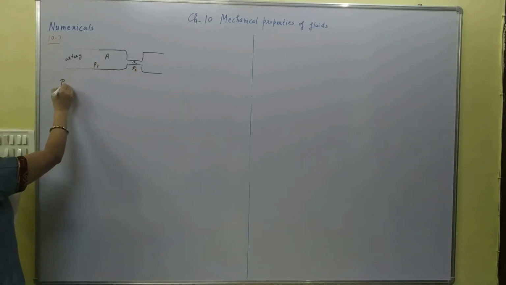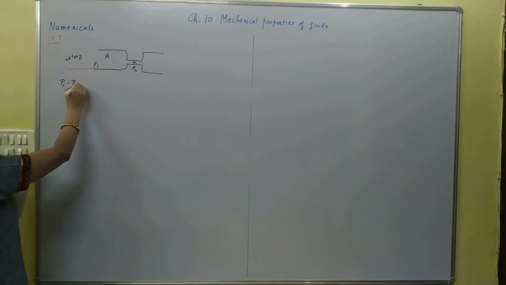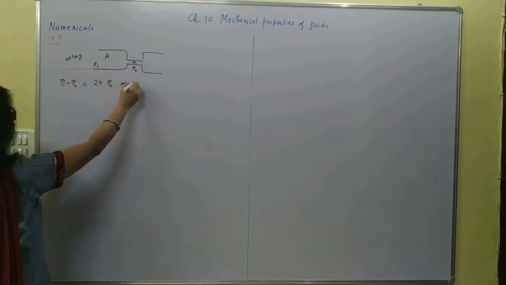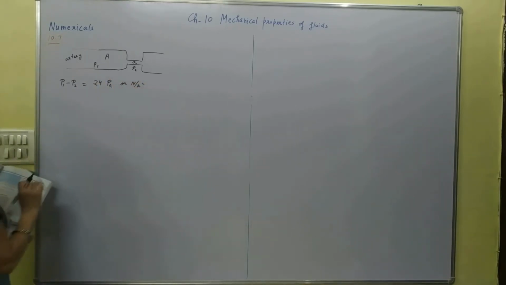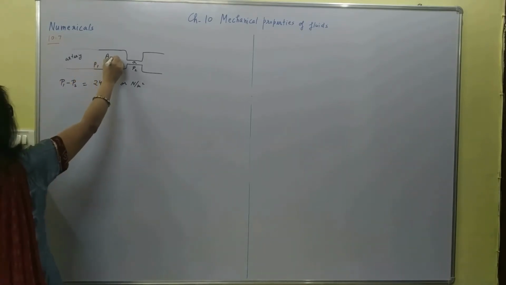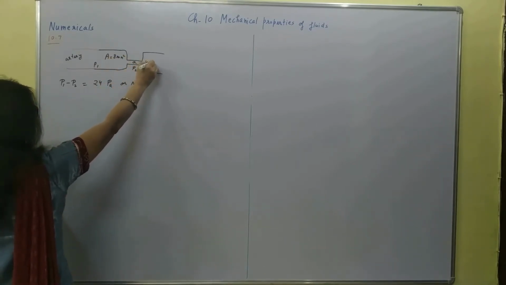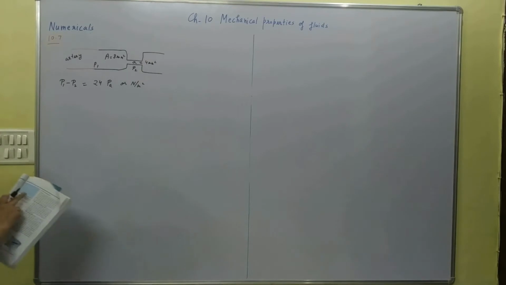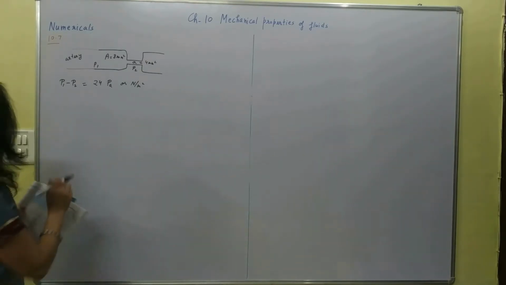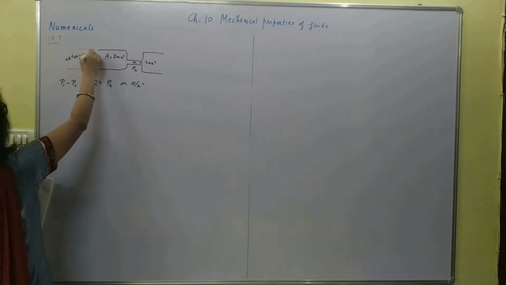They are saying that the pressure drop, this is a symbolic diagram, not the complete one. Pressure drop is 24 pascals or Newton per meter square. Capital A is given 8 millimeter square and small a is given 4 millimeter square. The pressure drop in the artery is this. What is the speed of the blood in the artery? You have to find the speed of the blood in the artery.